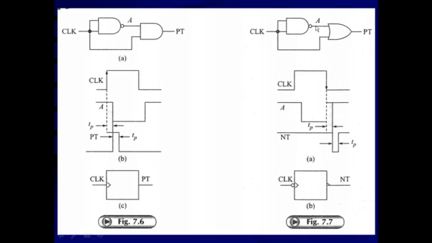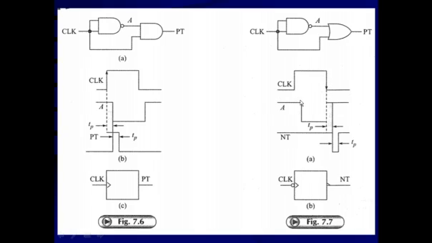So the output of the NAND gate is the complement of the clock waveform, and this output of the NAND gate and the clock pulse are both given as the inputs of the OR gate. The output of the OR gate is going to be low when both inputs are low. Otherwise, the output remains high. If any one of the inputs is high, the output remains high. Only when both inputs are low is the output low. This is your clock waveform. You can see the waveforms.